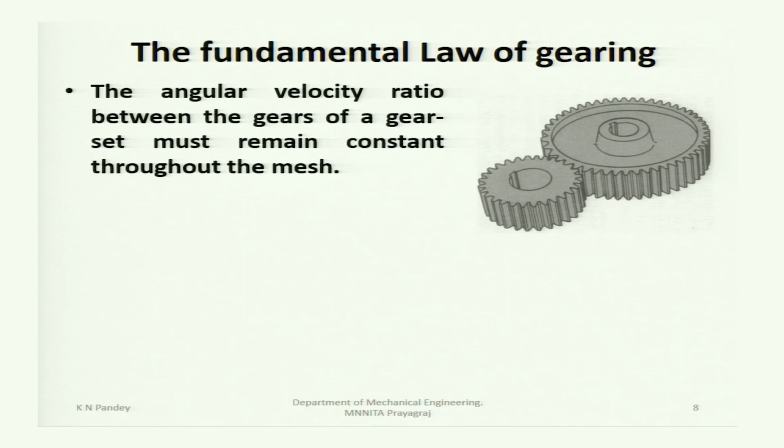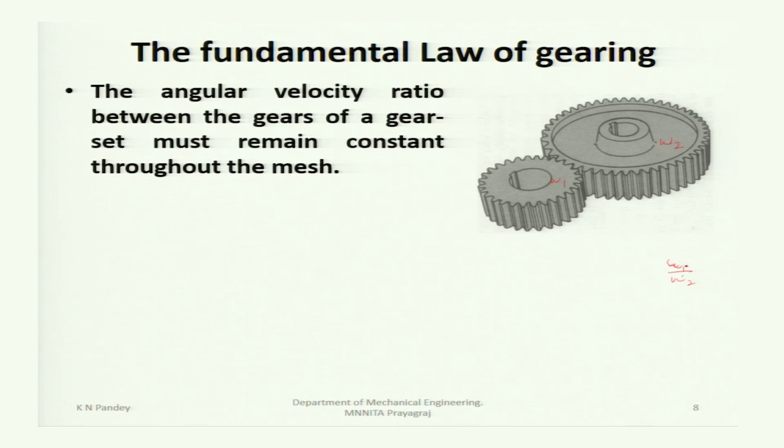The angular velocity ratio between the gears of a gear set must remain constant throughout the mesh. So, if this gear is driving this one, then there must be a constant value of angular velocity ratio. If this is rotating with omega 1 speed, then this must always rotate with omega 2 speed. This omega 2 should be fixed, and the ratio omega 1 upon omega 2 must be a fixed